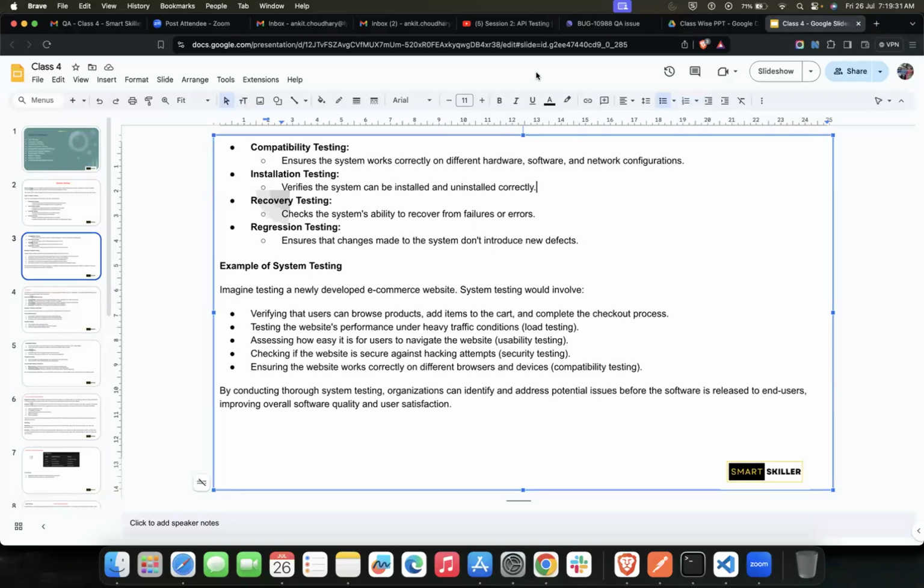You can't do one without the other, no? We call it installation testing, but even in the definition it's written: verifies the system can be installed and uninstalled correctly. So just give a quick example, Raj, regarding installation testing, whatever comes to your mind. An example here, please.